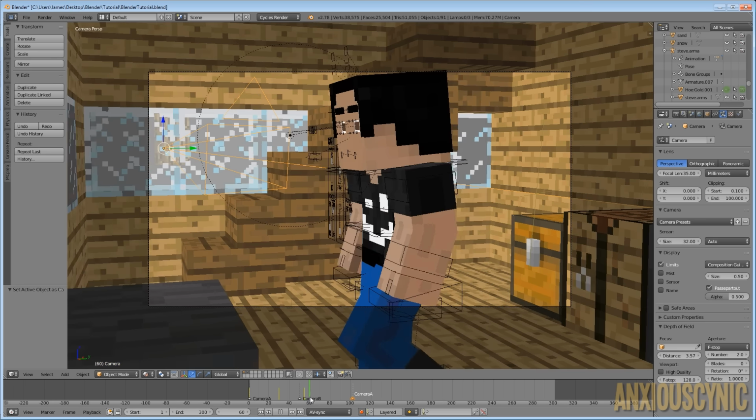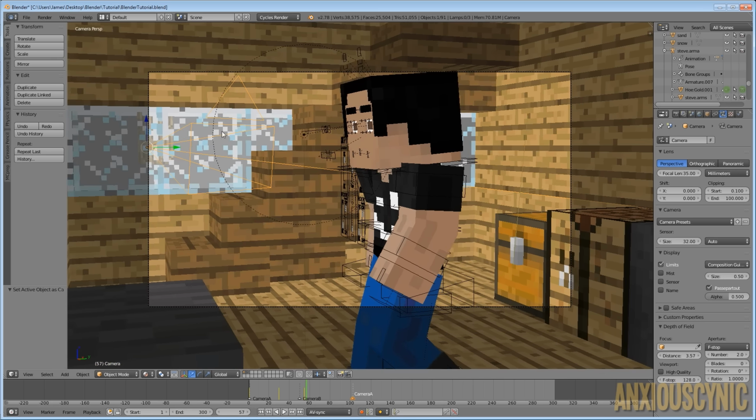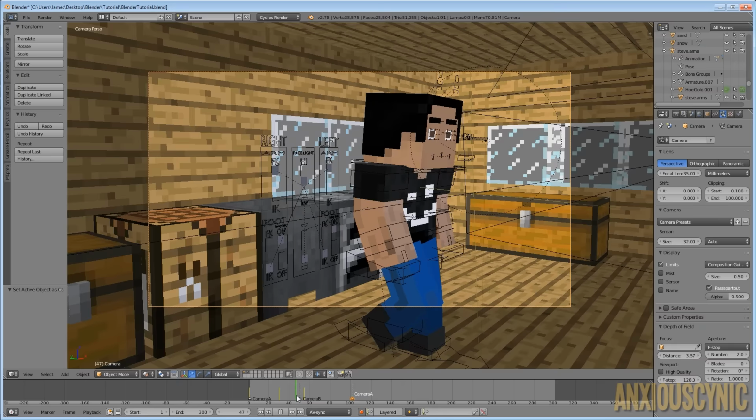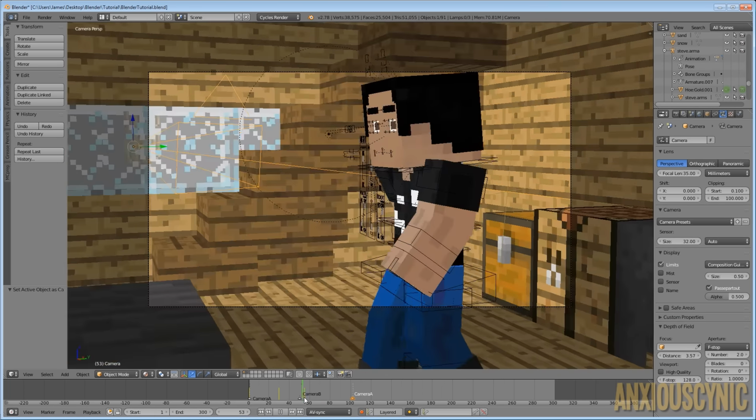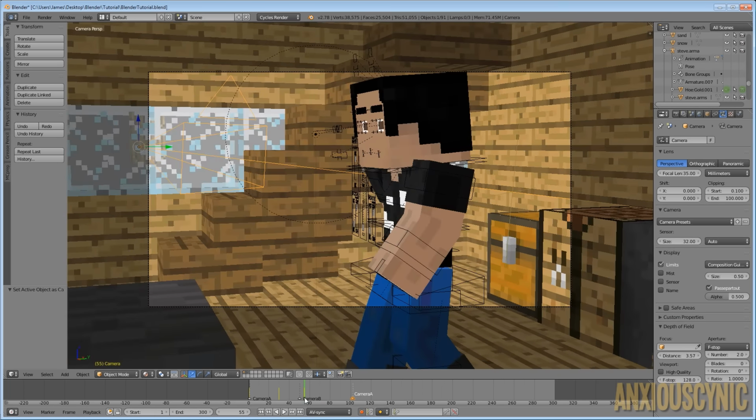So what I'm going to do now is we have that keyframe there, and that's basically just telling the camera, okay, you're going to stay right there at this keyframe point as well. And we've already, according to our markers, switched to the other camera at that point. This sounds really complicated. I feel bad that I'm probably not explaining it the best, but I hope you guys are able to understand what I'm getting at here.